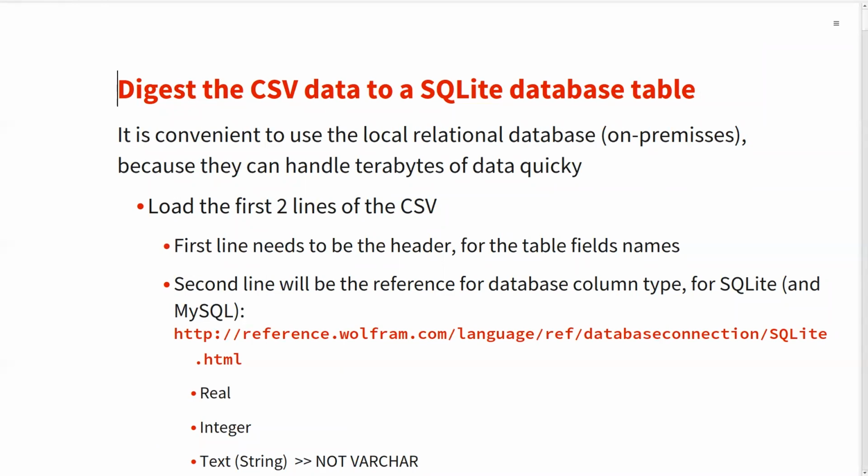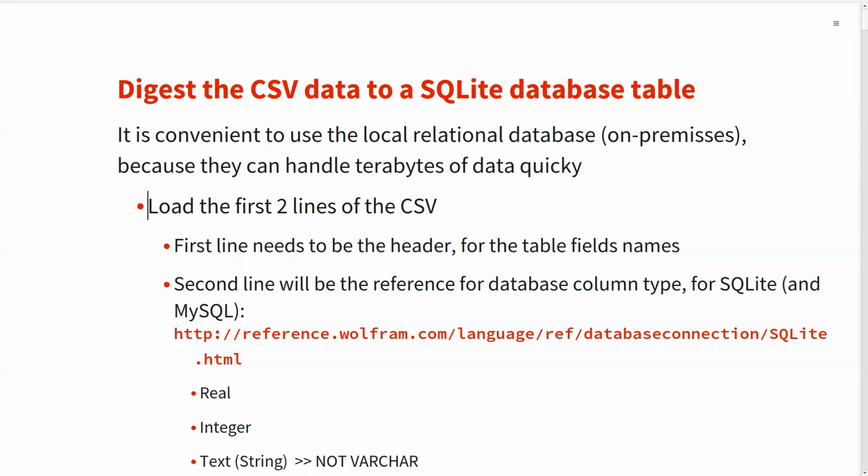And so how can I digest a CSV directly in SQLite? Okay, easy. Well, first thing, I load the first two lines of a CSV file, because I can have CSV files of 1 terabyte, for example. I don't want to dig into all that and figure out what we have there. I just want to use the first two. Of course, there are risks.